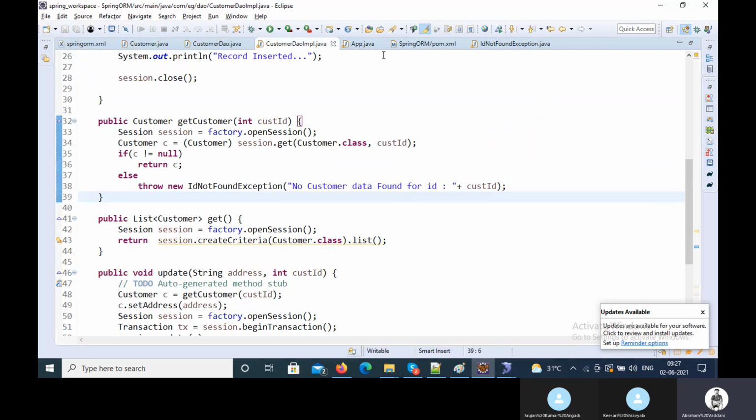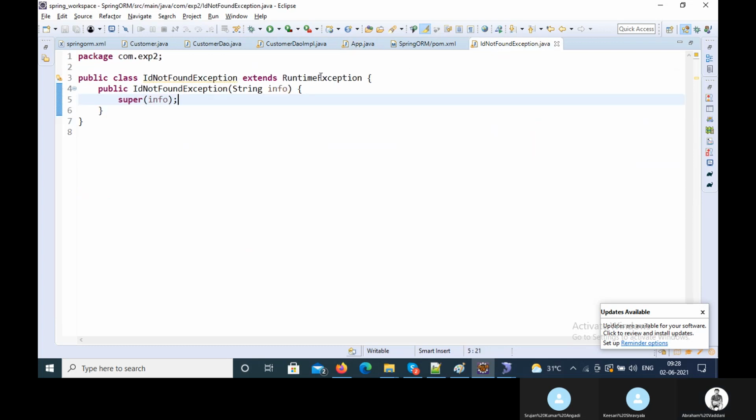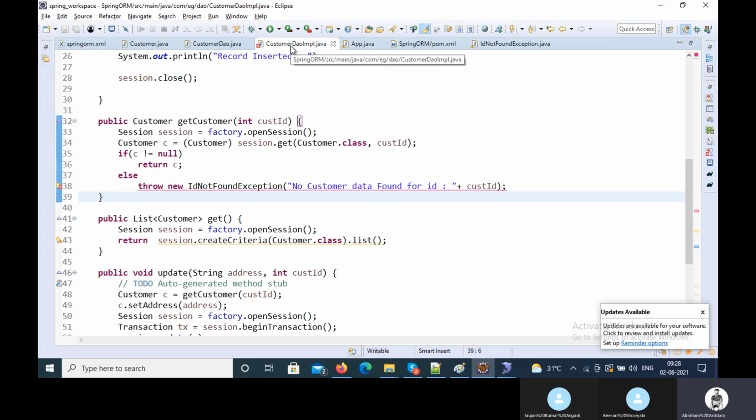So what should I do? Observe, while I'm calling this get customer method, it is not showing me whether there is any chance of throwing an exception or not. Since JVM is not suggesting that there is a chance of throwing an exception if the customer ID is not found, that's why I didn't keep it within try and catch blocks. JVM is not suggesting it because the ID not found exception is an unchecked exception. If it is a checked exception,